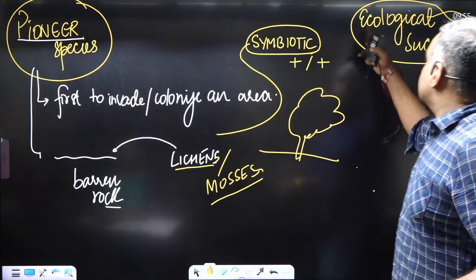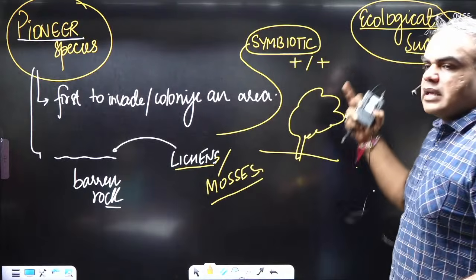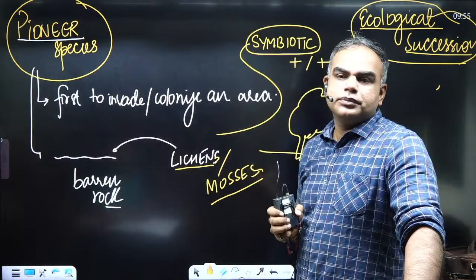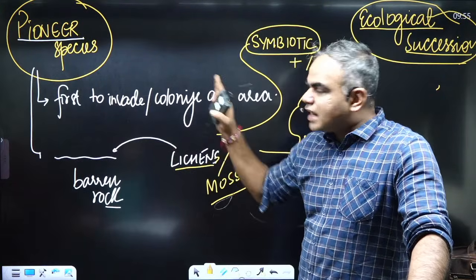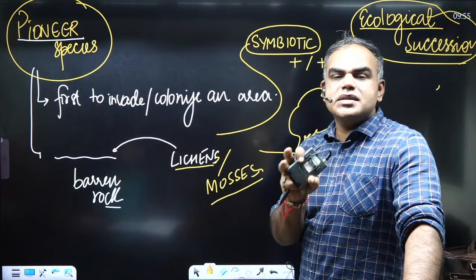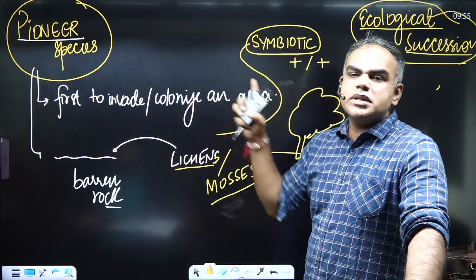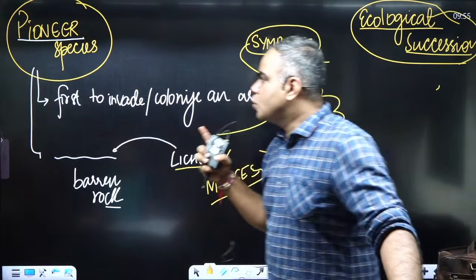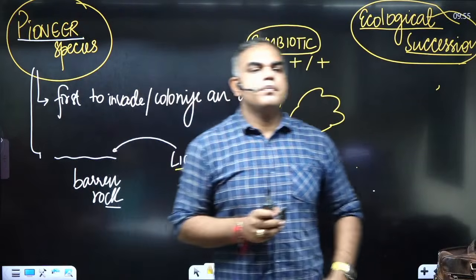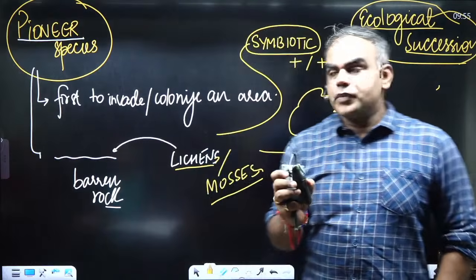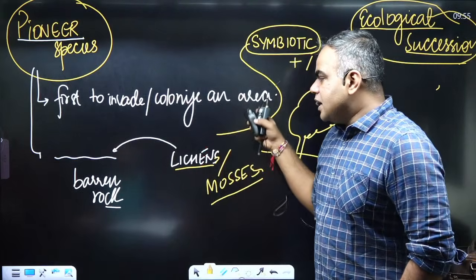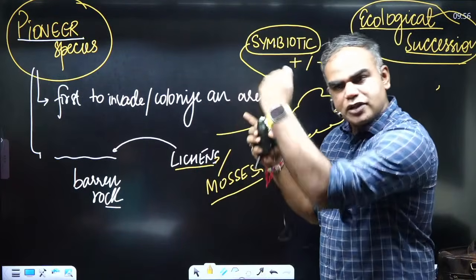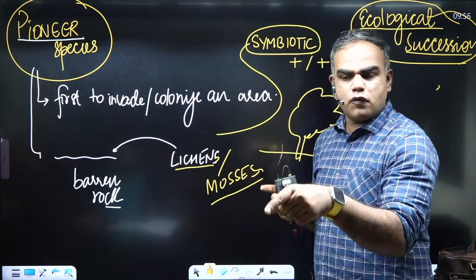So again, when I do this topic with you, ecological succession, here I'll tell you primary and secondary succession. I will again tell you these concepts, right, through diagrams, that how this happens. Right now, you just need to know some basic terms related to species. One of the terms is pioneer species, right? So who are the pioneer species? एक बार अभी के लिए, first to invade any area, okay, if there's a barren rock, there are lichens, okay, symbiotic. अभी जब मैं interactions बताऊंगा, then I'll tell you, जैसे what did we write?